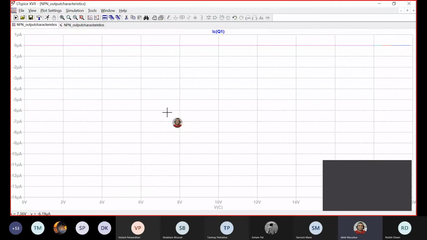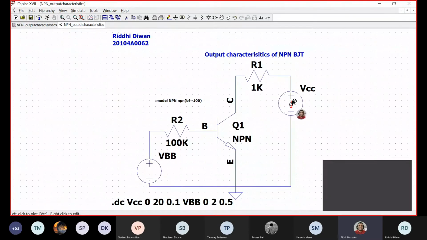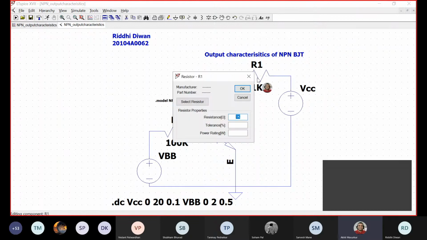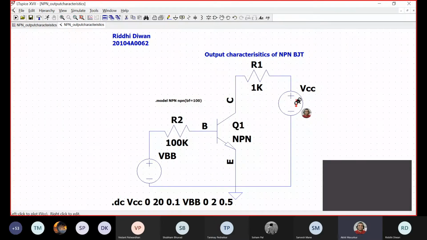Actually, the current ICQ is 0. So what that means is there is some kind of disconnection. One minute.